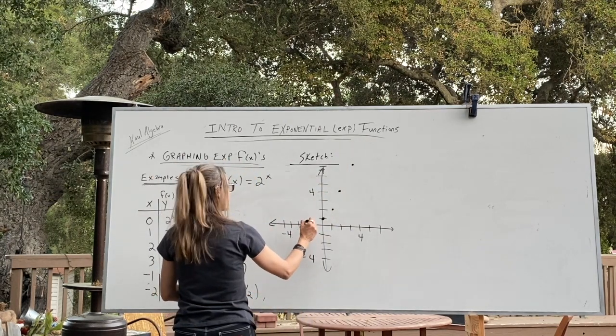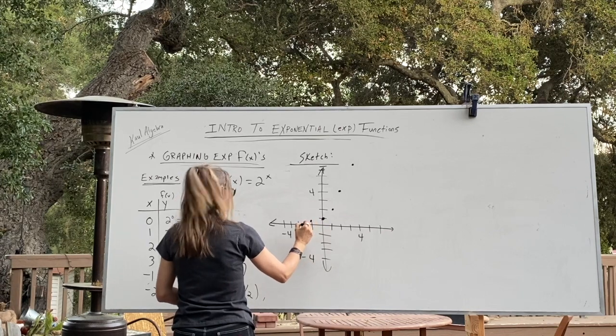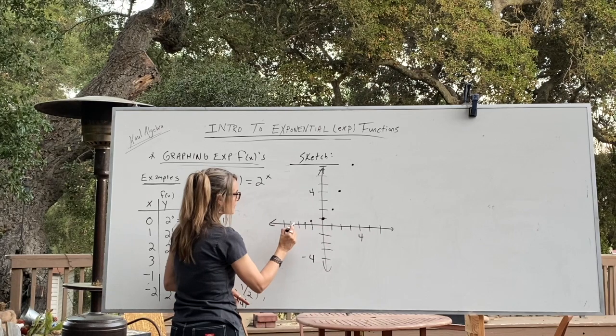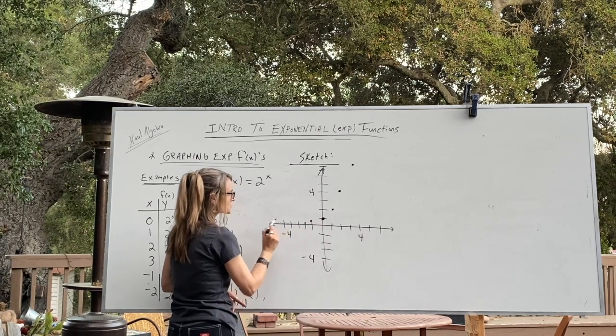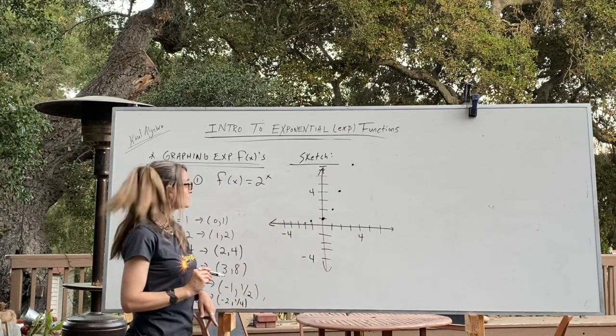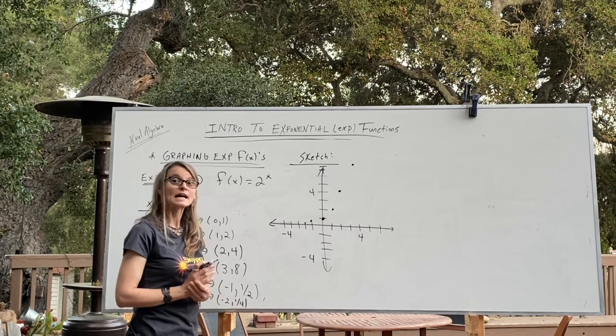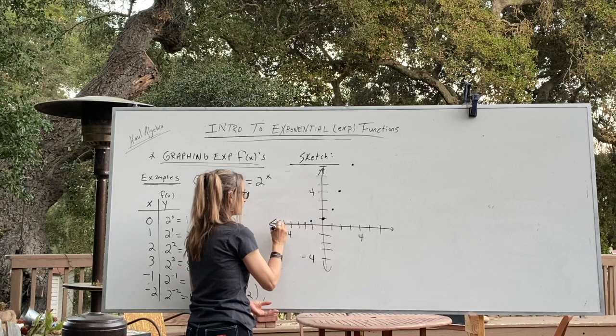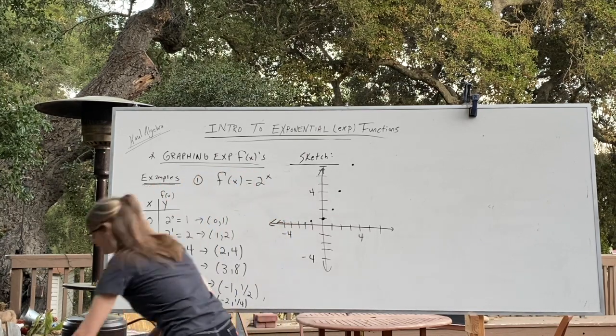Negative 1, 1/2. Negative 2, 1/4. And if I continue along this negative route, you notice that you're going to get closer and closer to the x-axis, but you'll never cross. That's called asymptotic behavior. We'll have this asymptote at x equals 0. So when we plot this now,